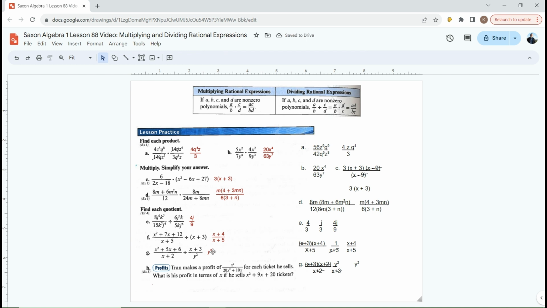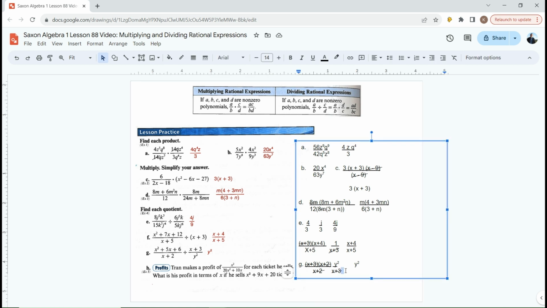And then lastly, letter H. Tran makes a profit of x squared over 20x squared plus 10x for each ticket he sells. What is this profit in terms of x if he sells x squared plus 9x plus 20 tickets? This is just exactly what we've been doing. Okay, so the first thing I'm going to do is write the amount that he makes per ticket, x squared,